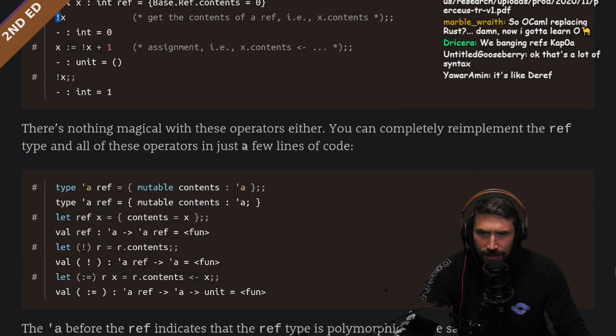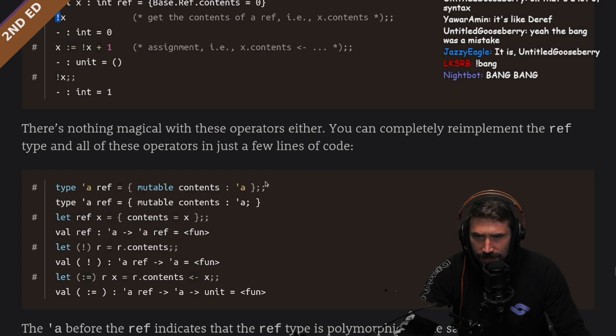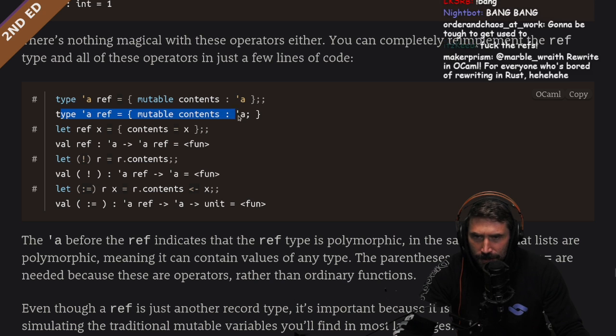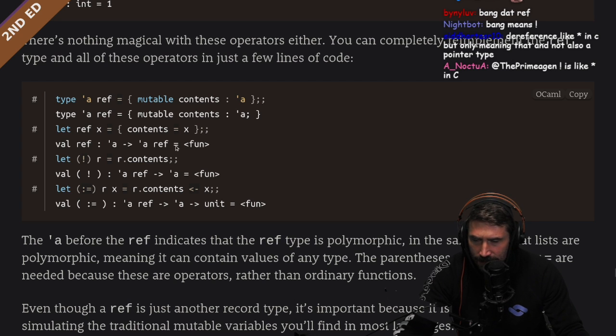There's nothing magical with these operators either. You can completely re-implement the ref type and all these operations in just a few lines of code. Okay, type 'a ref equals mutable contents 'a. Cool. Let ref x equals contents x. Okay. Let bang.